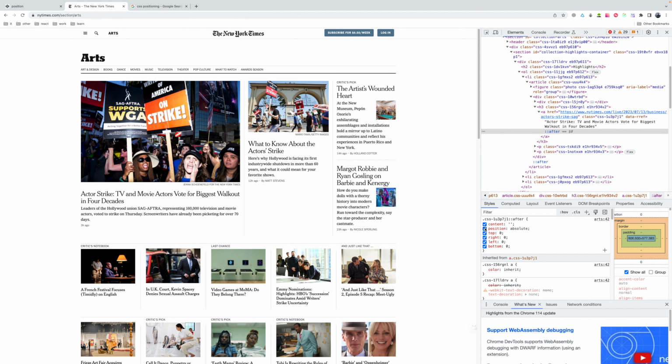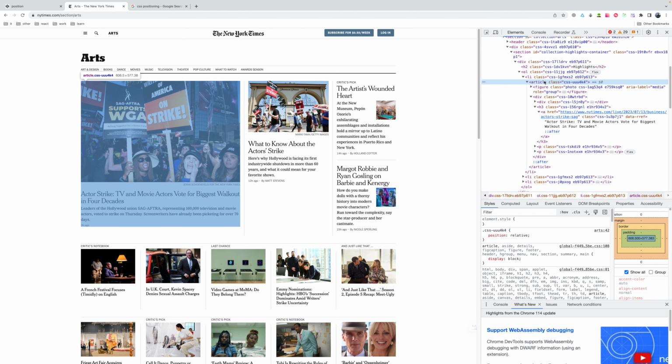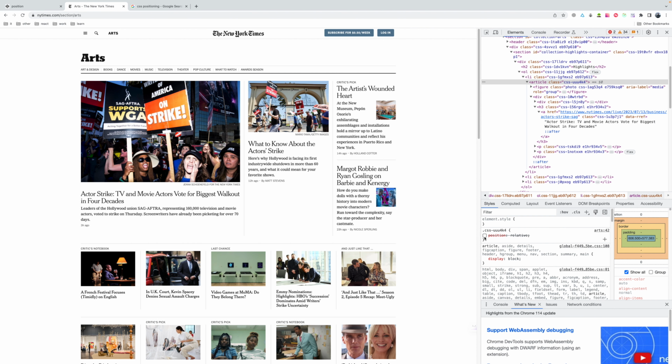Now let's make sure that there is a position relative on the parent. As anticipated, if we remove this position, we will see how the link has stretched the entire page. That's why it's very important to understand how the absolute is related to position relative.